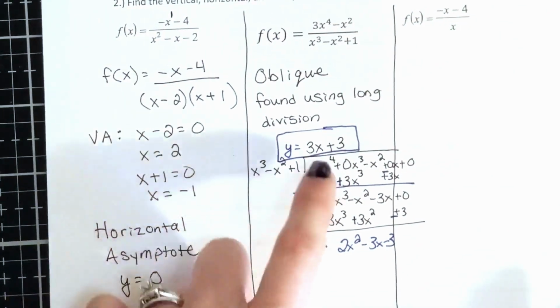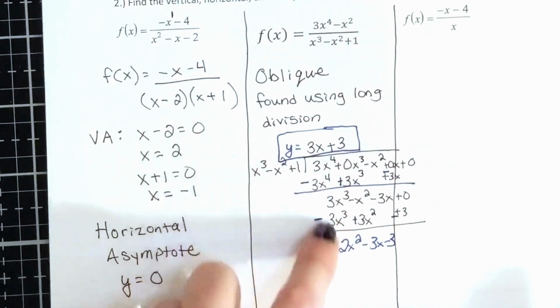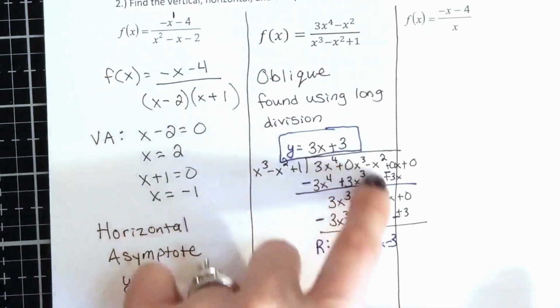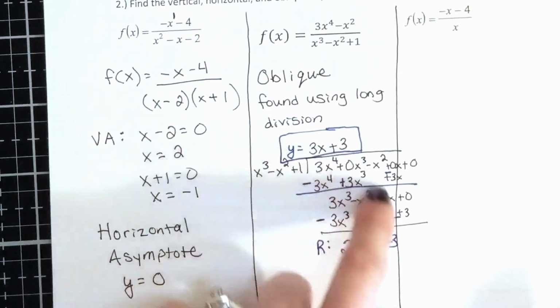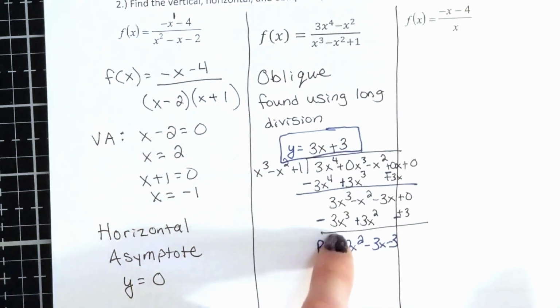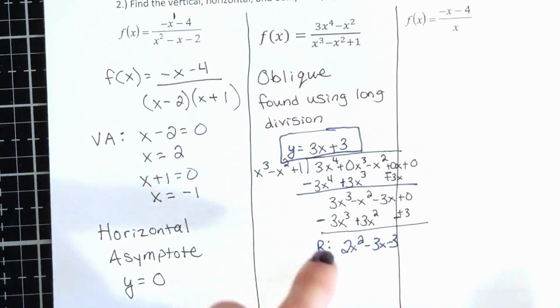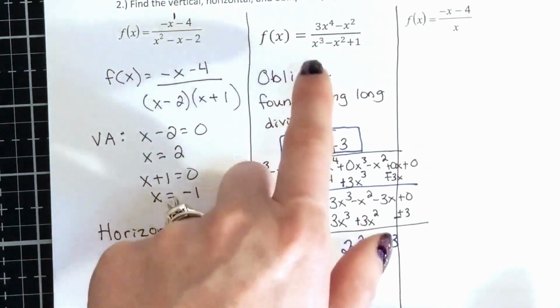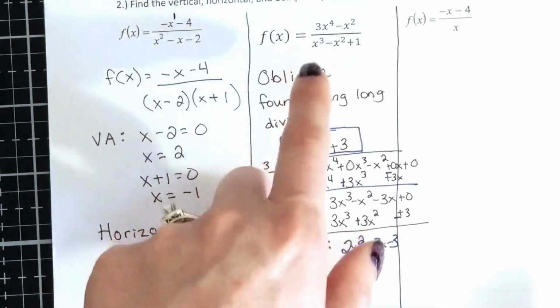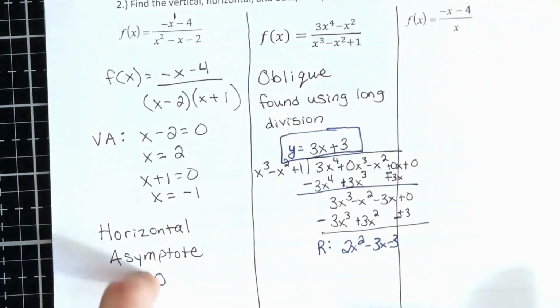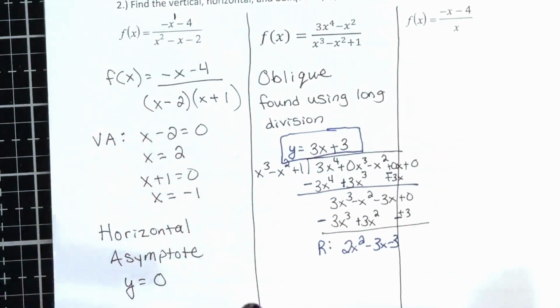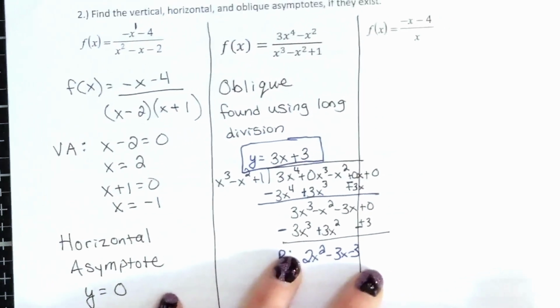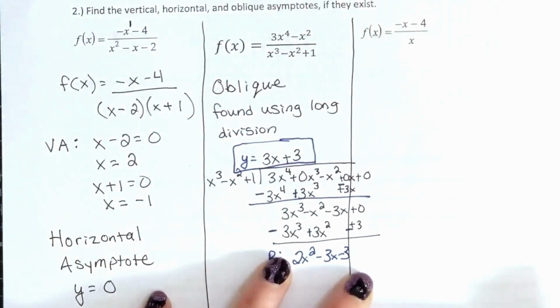On the test, they will not make you use long division to find the oblique asymptote. They only have you find the actual asymptote on the labs, so you can breathe a little bit easy on that. The only thing it's going to ask you is if it is oblique or horizontal. Okay, but you do have to know everything about it. All right, and the last one here,